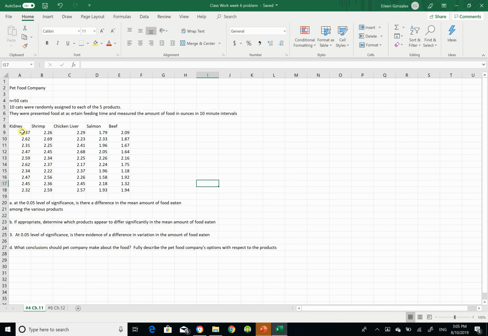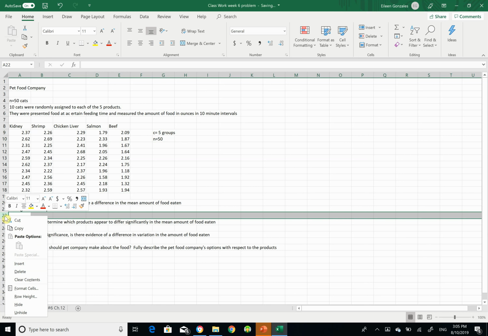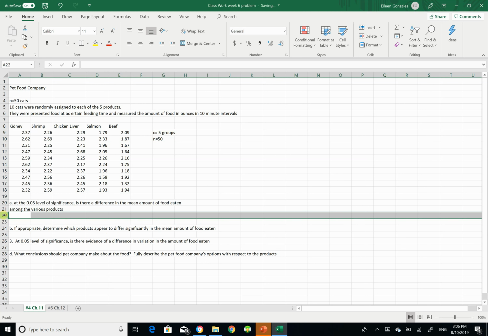And so back to this, we have 1, 2, 3, 4, 5 populations. And in this case, I guess we can say that there are 5 groups. Our value for C is 5 groups. And our N in this case would be 50 sets of data, right? The question is, is there a difference in the mean amount of food eaten among the various products? And so one of the things that you can discuss here are,